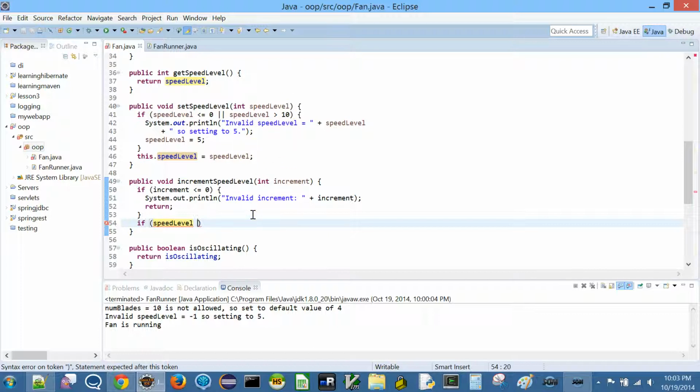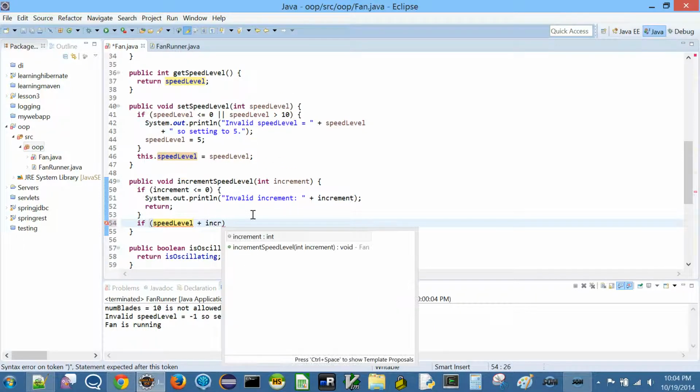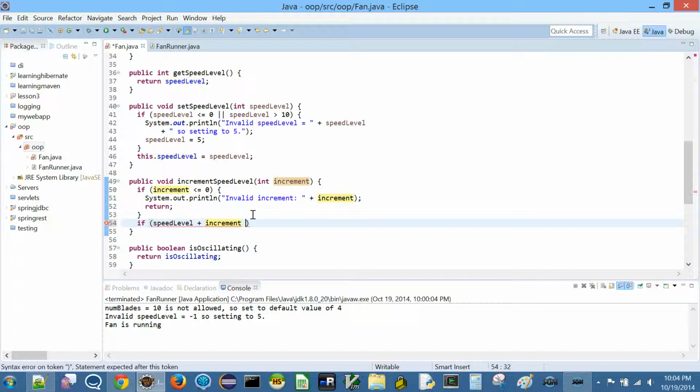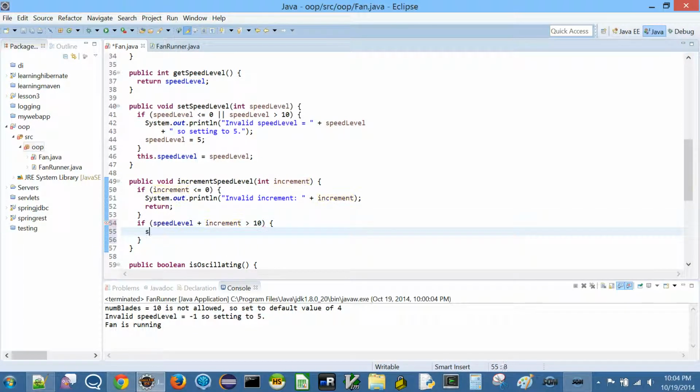So if speed level plus increment is going to be greater than 10, you say sysout: increment not fully applied, setting to maximum of 10. We cannot do that because the maximum speed that we are allowing is only 10.